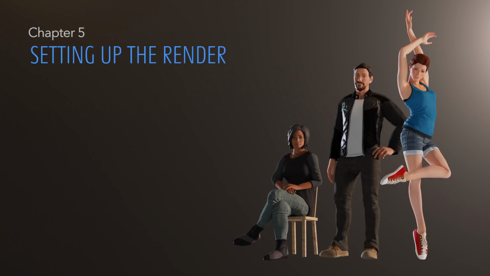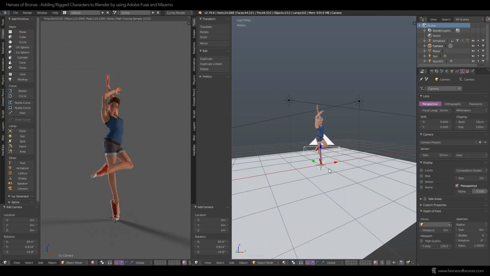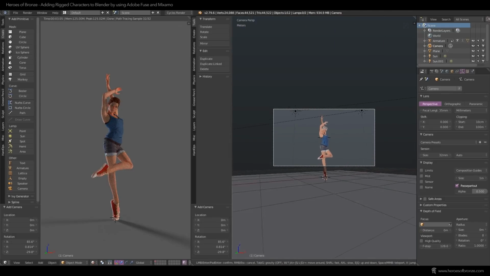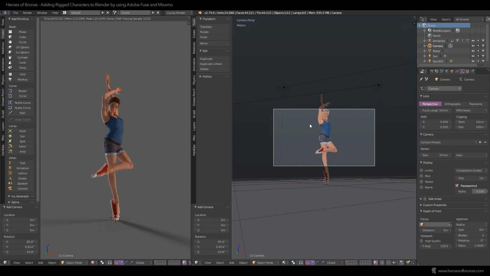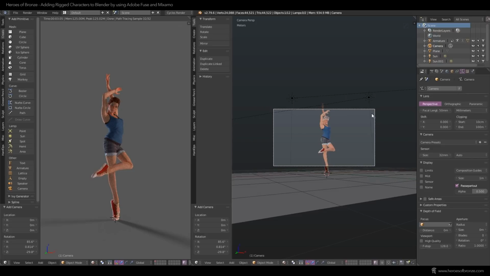Before that, however, do the things one usually does before rendering. So let's add a camera to render from, and with it selected, hit Shift F to get into the first person view. In it, you can position your camera by just flying around. To make the composition a bit flatter, I use a higher number for the focal length, something like 50.